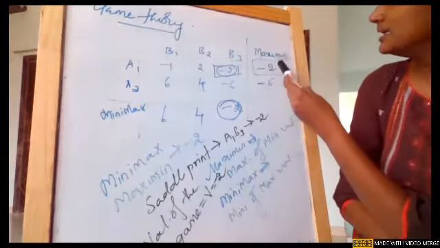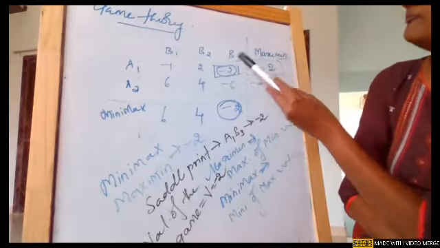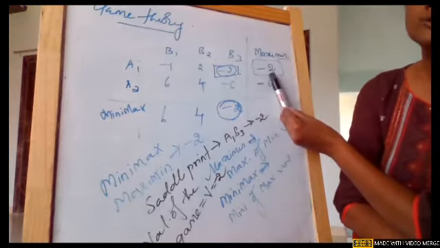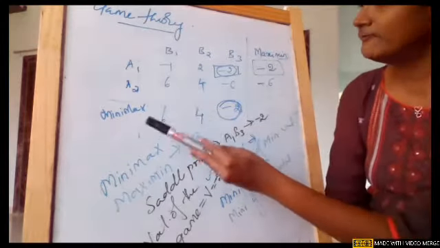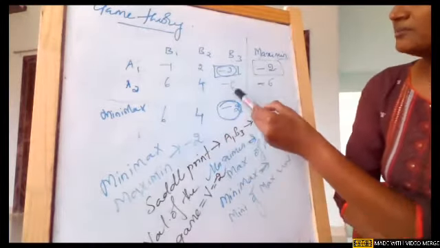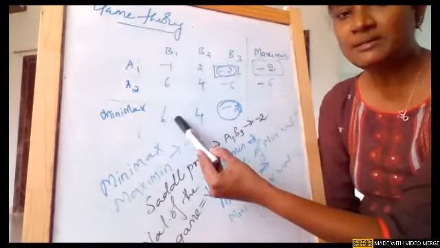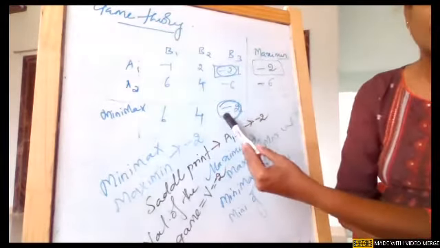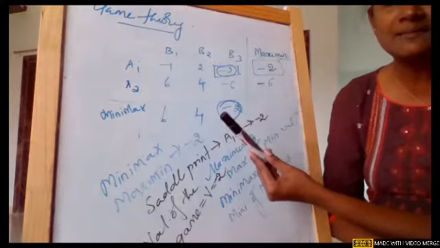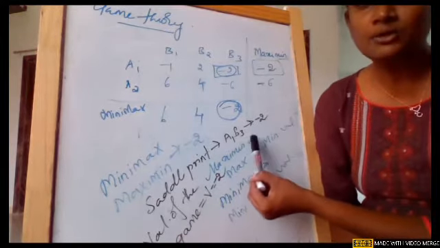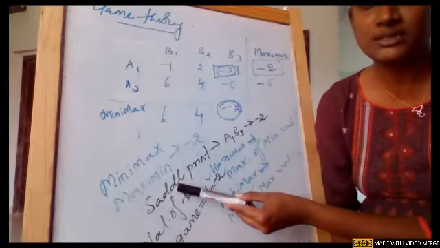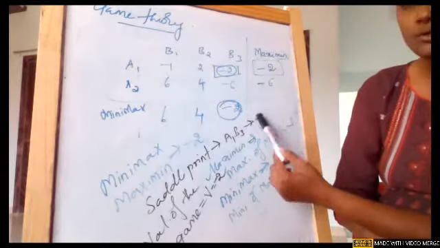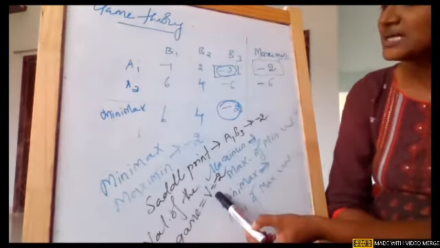See, we just picked the minimum values from row wise, and we highlighted the maximum value out of those minimum values, which is -2. Similarly from column wise, we picked the maximum value from each column, and we selected the minimum value out of the maximum values, where both minimax and maximin values are the same. In such a situation, where minimax and maximin are equal, I call that situation a saddle point situation. That value is -2.